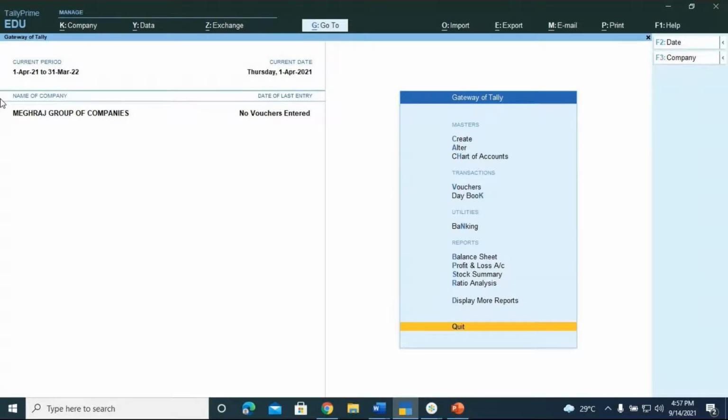I hope it is clear and I hope you have done it simultaneously along with me for the security level of the data. So this is how we create a Tally Vault password for our company. Next. Once the Tally Vault password is done,